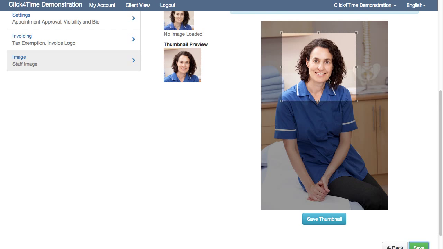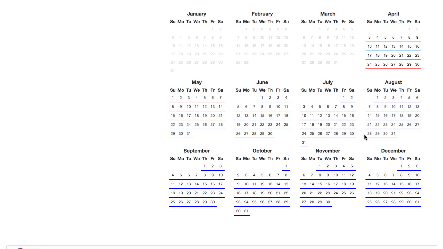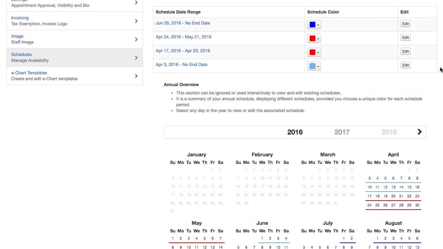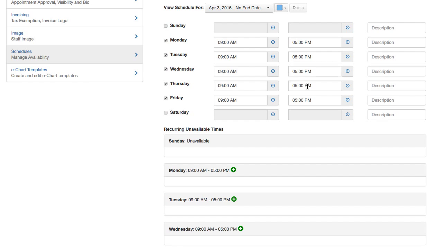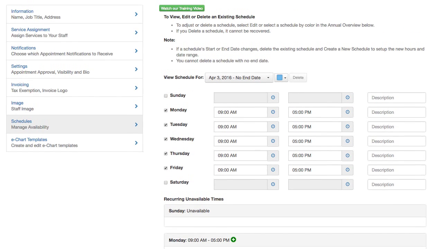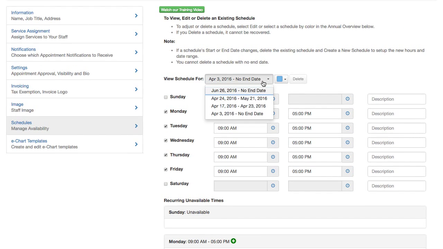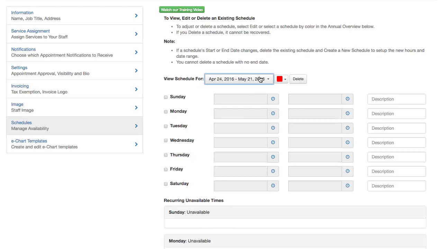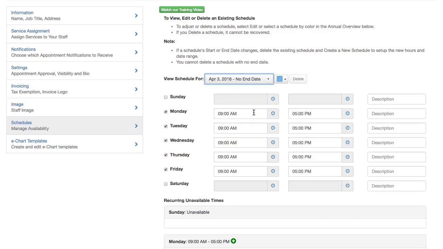You'll be taken to the Schedules page to create a basic schedule of availability. I'm not going to spend a lot of time here explaining all the scheduling functionality. You can check out our video on creating and managing schedules for a more in-depth explanation. Basically, the system requires some sort of a base schedule or regular hours to reference. For now, don't worry if you don't have regular hours. You can adjust the schedule later to accommodate any variations.